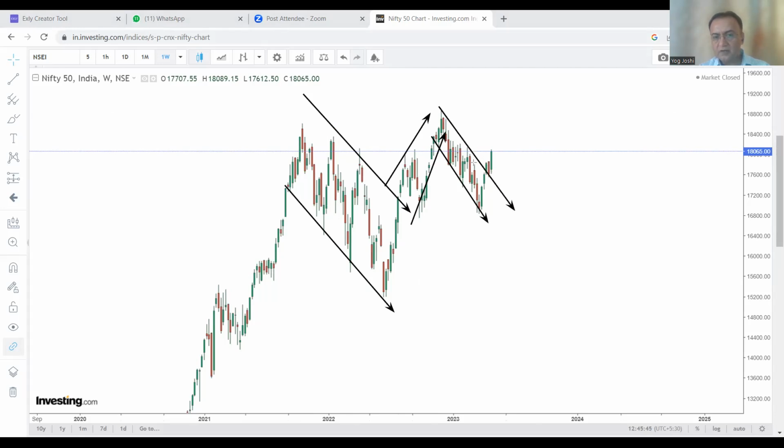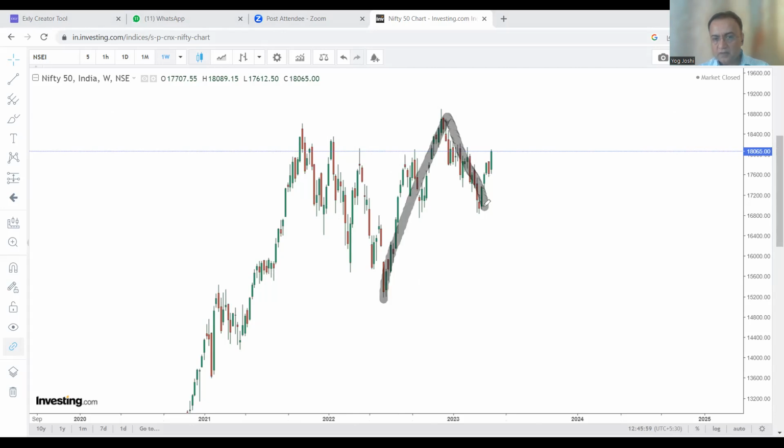So now Nifty might try to make a higher high or something like this. This is one direction. This is the dip, and it is supposed to go. This is the prediction from my side, from the technical analysis, that we might be able to see some good levels in the upcoming days in Nifty.